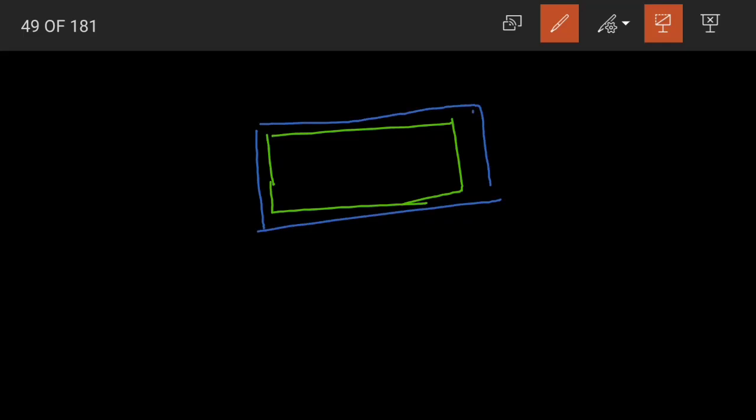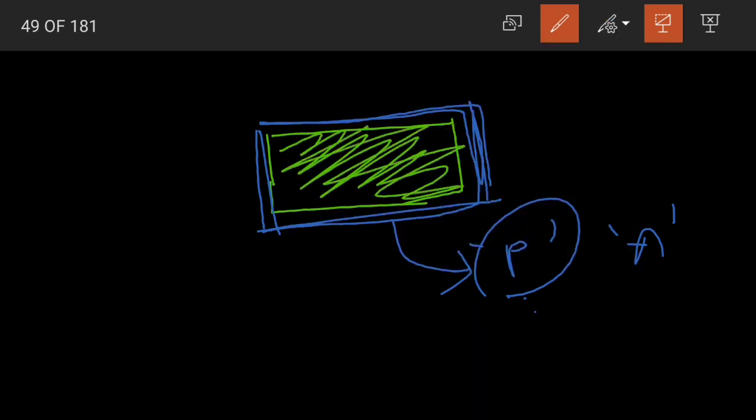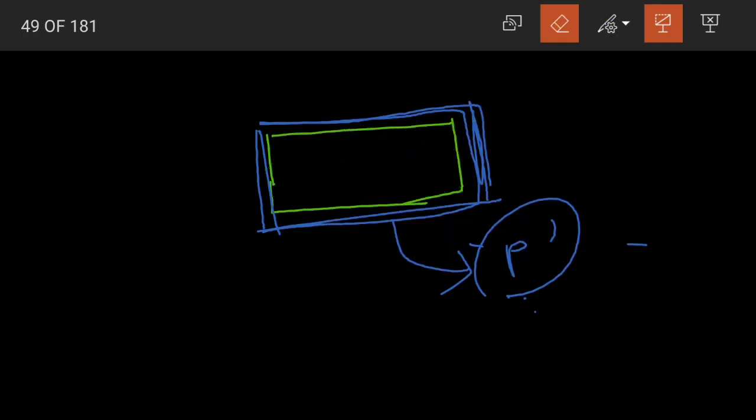Now if you see, what will be used to find out the cost of fencing? Will we go for finding the perimeter or will we go for finding the area? We will go for finding the perimeter. Yes, see, it is across the boundary, across the border. So that is why we are finding the perimeter. If it was inside the garden, the total area, we would have gone for finding the area of our garden. But what do we need for fencing? We only need the boundary line. It is nothing but our perimeter.